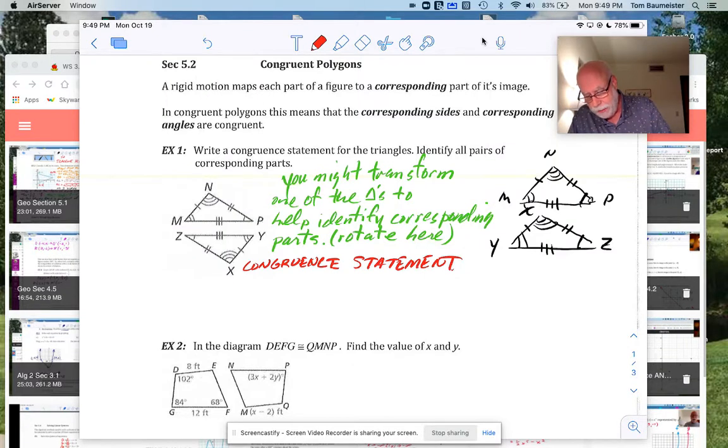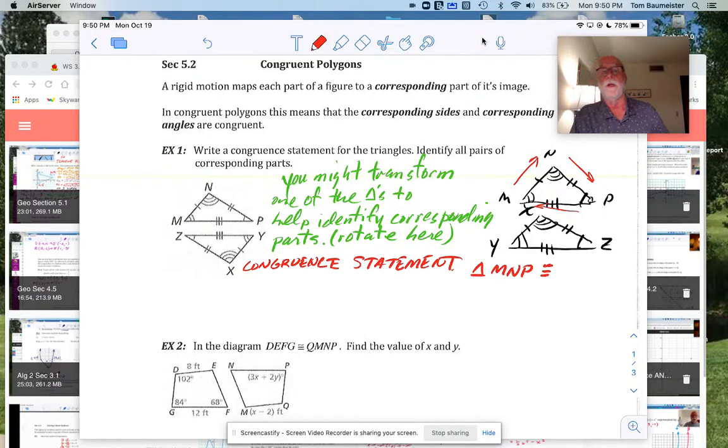I'm going to start at M. So I went through 1, I went through the one that is tick marked 2, then I'm going to go through the one that is tick marked 3. So I'm going to say my congruent statement here is triangle MNP